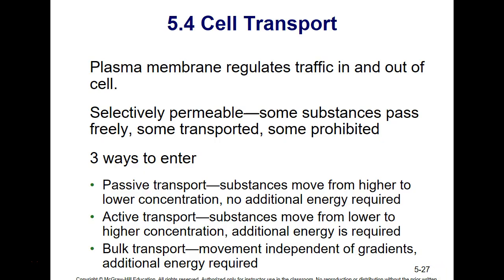Okay, this is part two, chapter 5, section 5.4, cell transport. Now, there will be a lot of questions coming from this particular section. It's important that you really listen to this pretty well so you can have a complete understanding because there